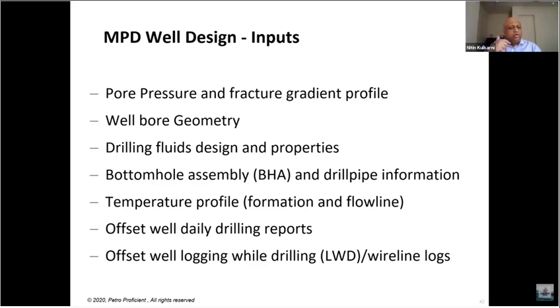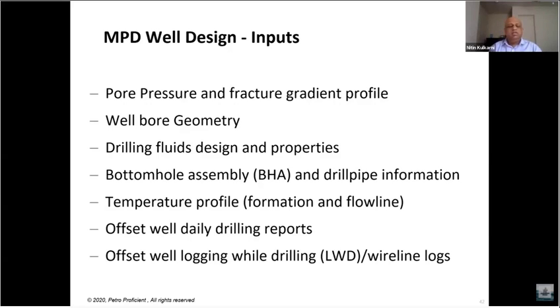You also go through your offset well data and drilling reports to check whether there were any issues in one of the previous wells, and if so, at what depth these problems occurred. So you can be vigilant about similar situations in this particular well. So reading drilling reports from previous wells is very important. They will give you a lot of information, and you can accordingly plan for the current well